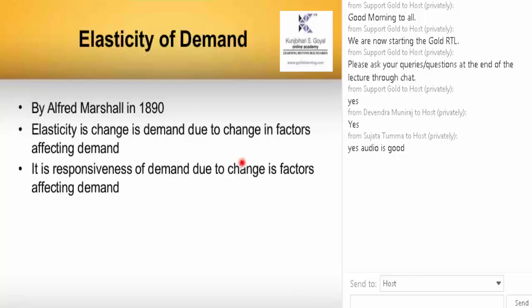Will the demand decrease a lot, or will it decrease only slightly? This question will be answered when we study elasticity of demand, correct? So